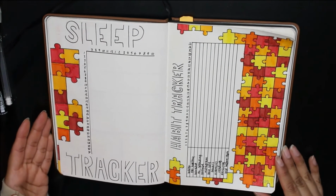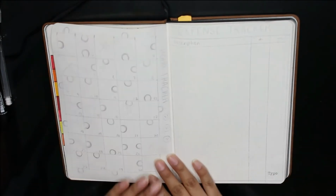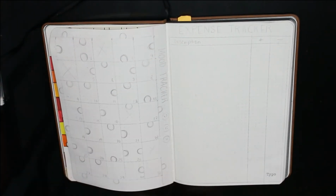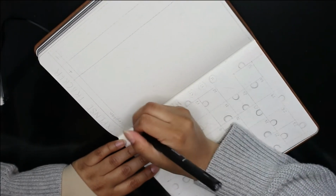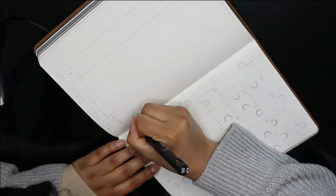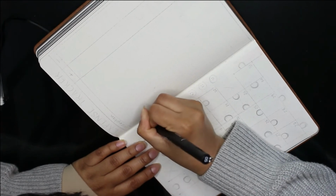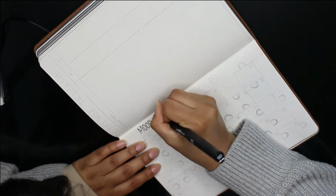Now for these two spreads I've got my mood tracker and expense tracker. Now an expense tracker is something that I started doing in my bullet journals this time last year. And it actually was a really good visual representation of what I was spending my money on and what really was a luxury purchase. So this was a really good visual to see, like, okay, I'm spending this much on food, or I'm spending this much on DVDs, or